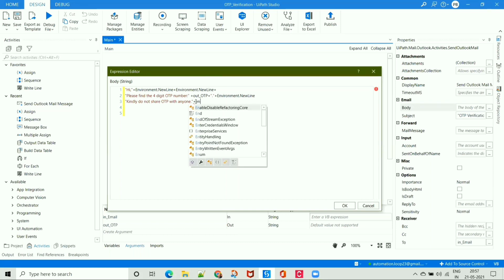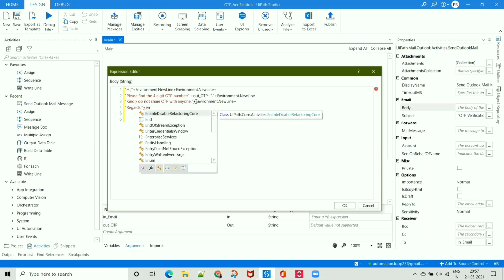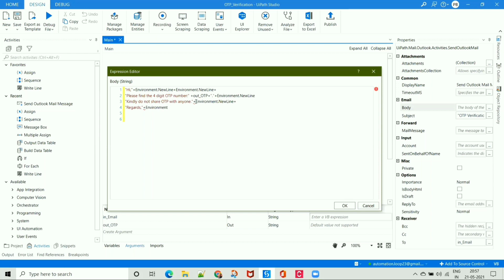Then we can add one more new line. And then we'll add Regards, Environment.NewLine, and then let's suppose Automation Loop Bot.